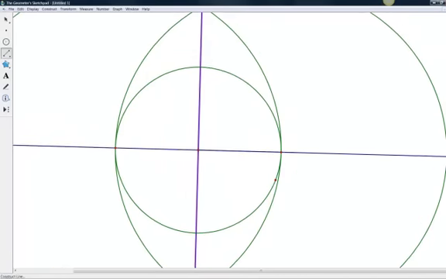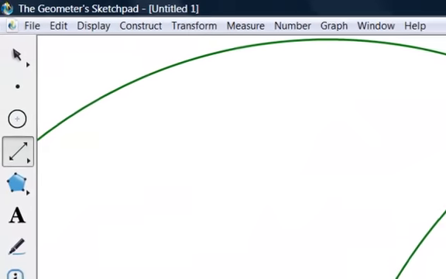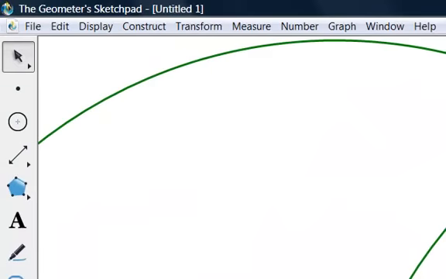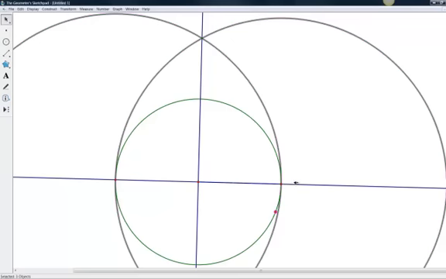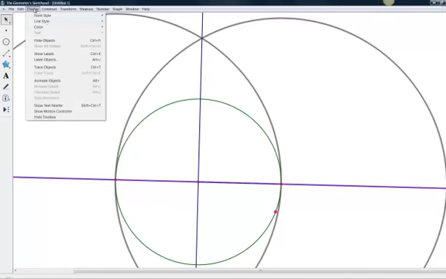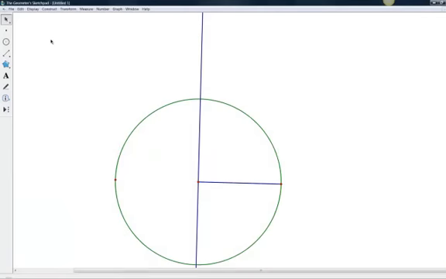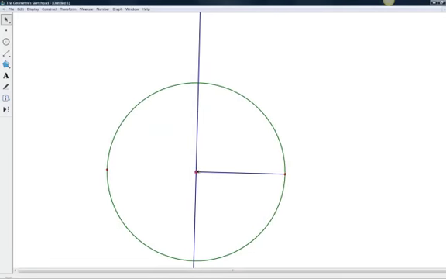And already using the features of Geometer Sketchpad, we can highlight the objects that we don't necessarily need to see or need to use anymore. For example, we don't need to see these two circles, we don't need to see this point or this line. And notice that once you click on the objects that are highlighted and you go to display and hide objects. Okay, and now we can